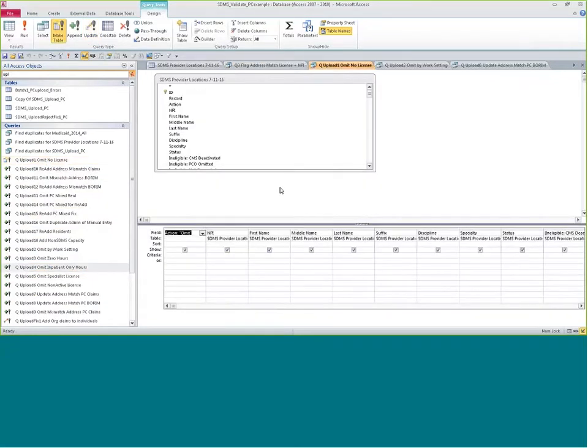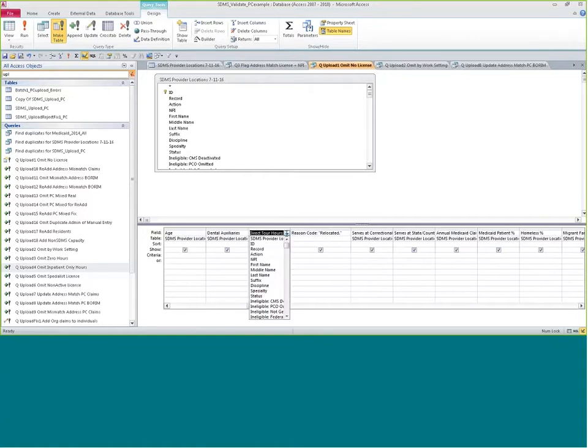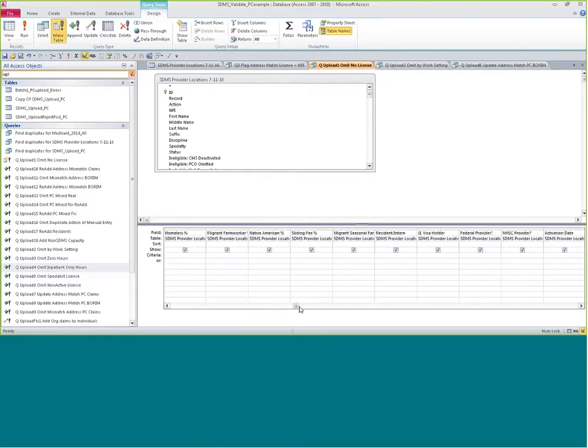It's my first query, so you can see it's a make table query. All I did was take all the fields that are in my working download table with my added flags, and I just added them all as upload fields. So very easy. The only thing I'm doing to omit them is adding omit as the action. If I can find my reason code in here, which sometimes I can. Okay, so reason code. So everything else I'm just copying. Well, I also zeroed out their hours. So here, instead of just taking the field, I plugged the value, 0. Here I plugged the value, relocated. And then over in my flags,